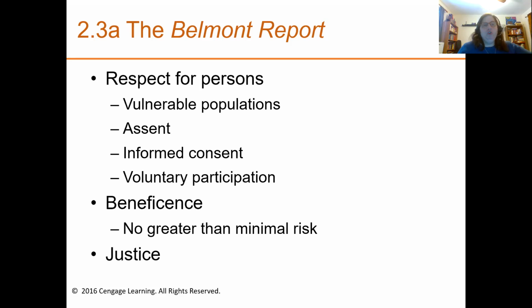Beneficence: we want no greater than minimal risk for our participants. And justice: when we talk,